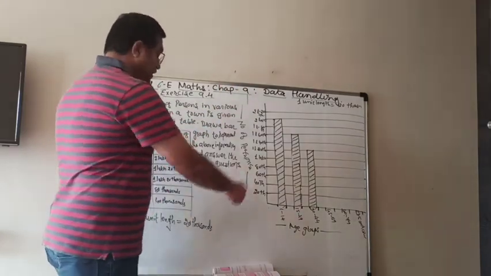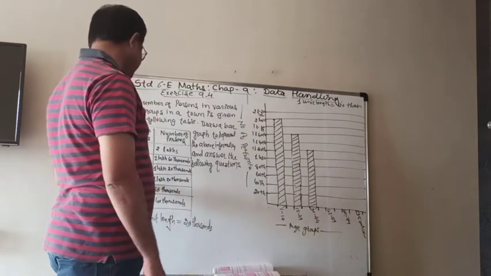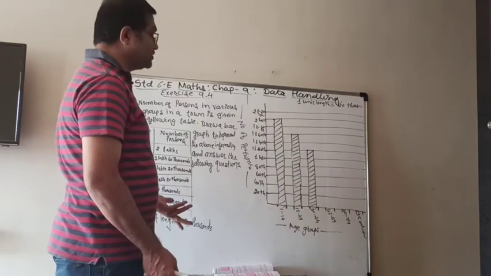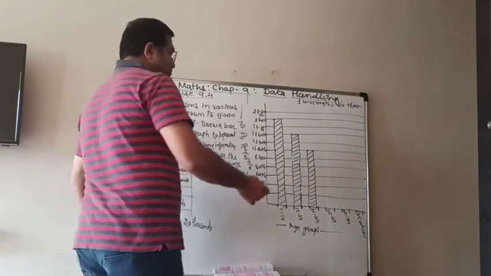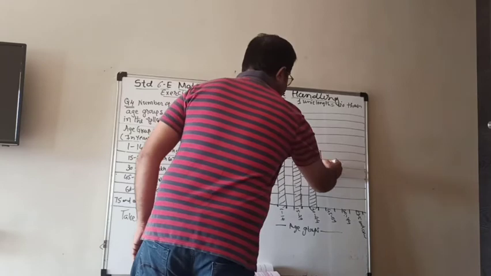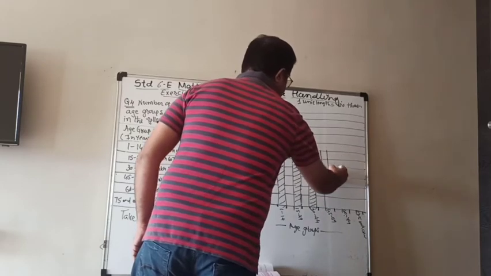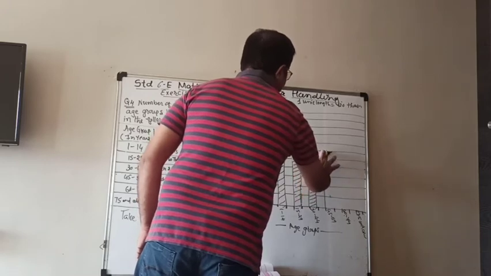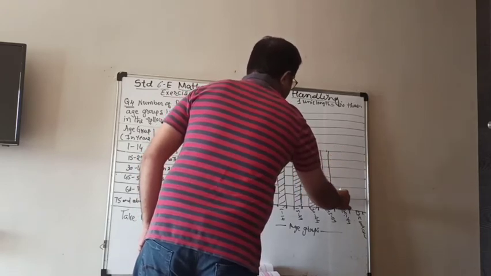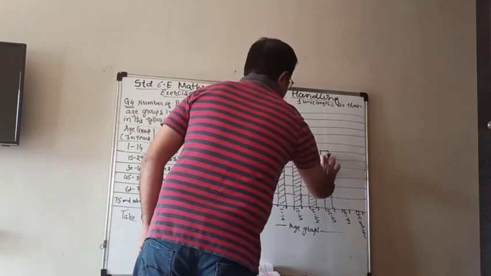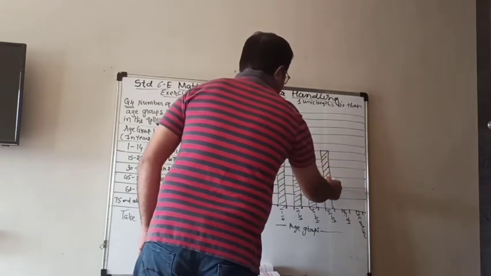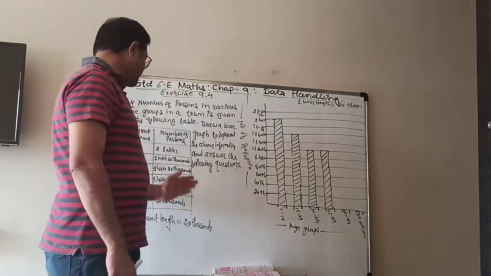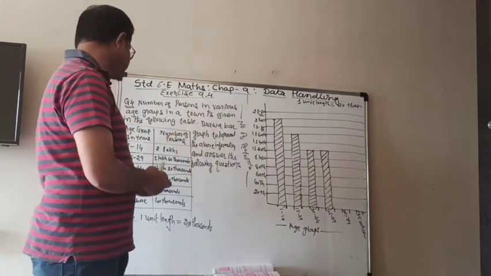Now the next age group is 45 to 59. In this age group, there are also the same 1,20,000. So the length of both bars will be the same. In that age group also there is the same number of persons, and therefore it will be the same length in the bar. So these both bars have the same length. Why? Because the number of persons is the same in both age groups.